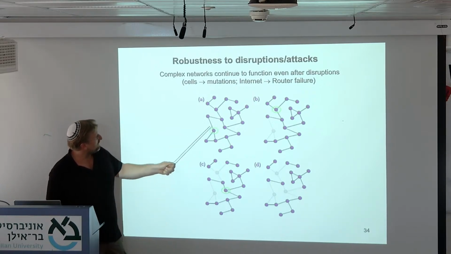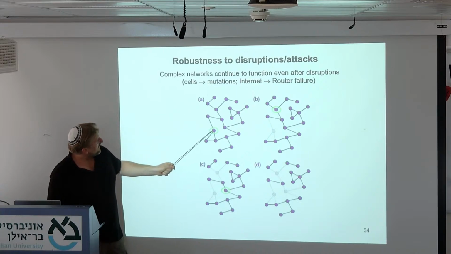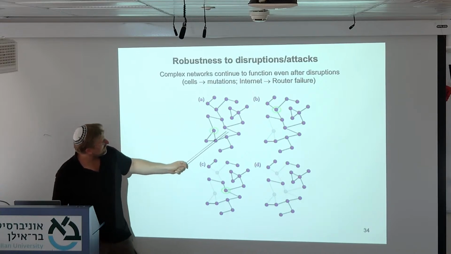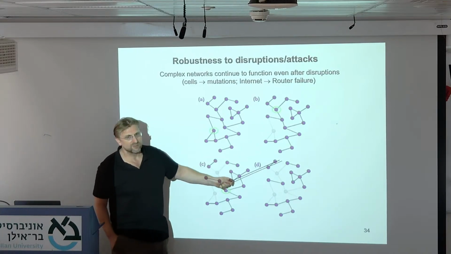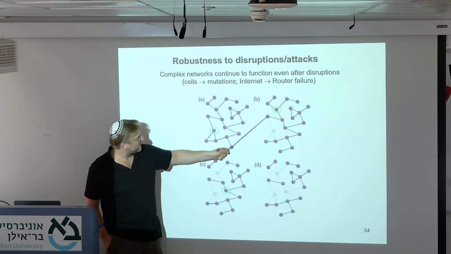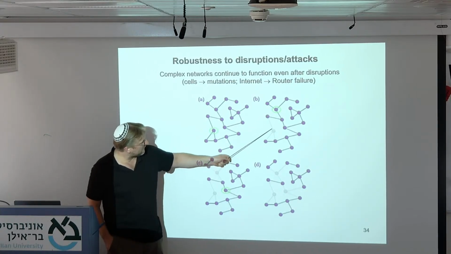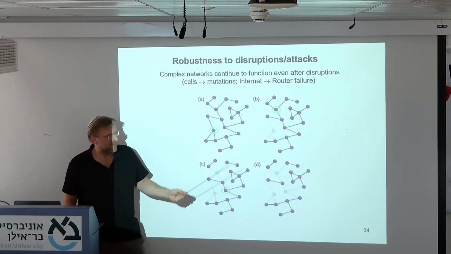You can also delete links, but let's stick to the nodes. So if you would take out this node, okay, so in B this node is taken out, the network still functions, right? I mean, maybe these nodes here that are connected to the one that I took out, they are a little bit